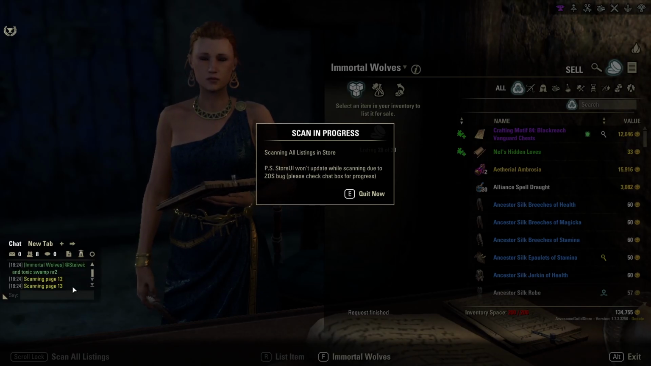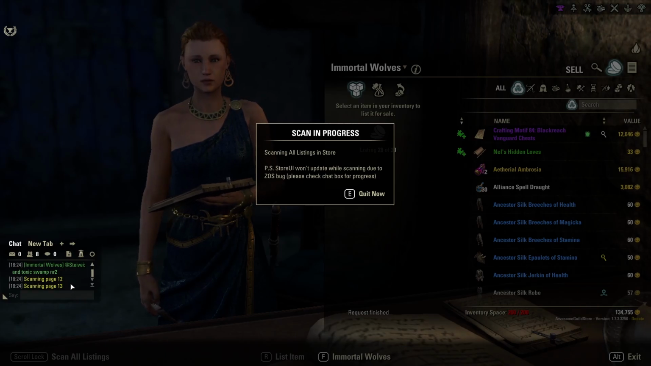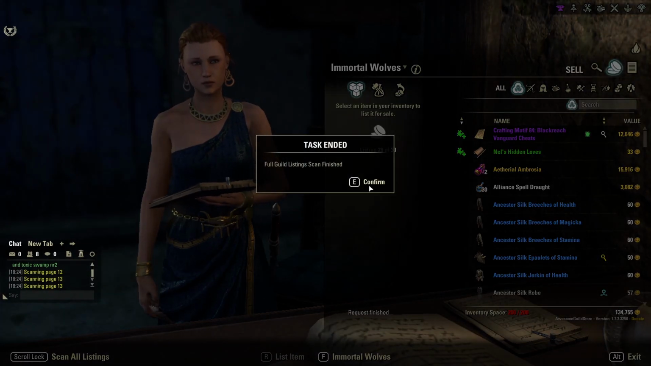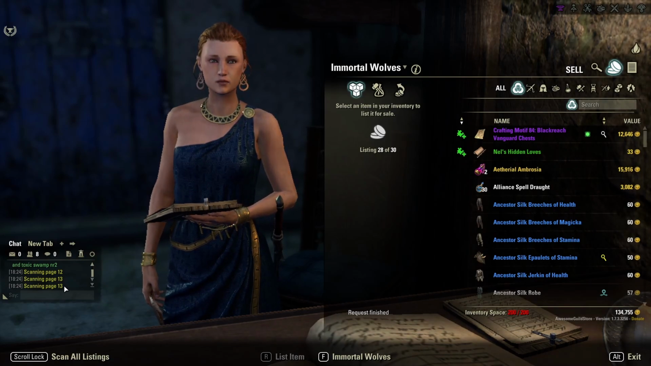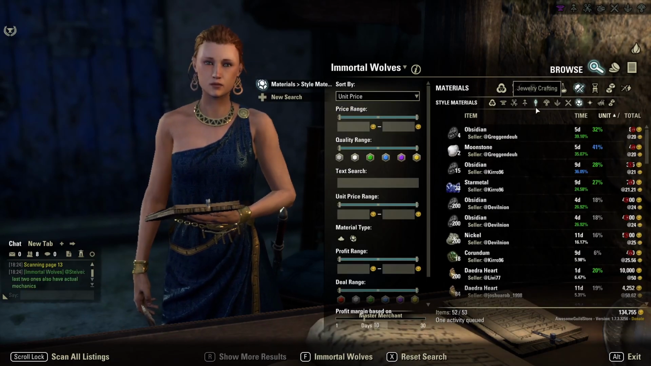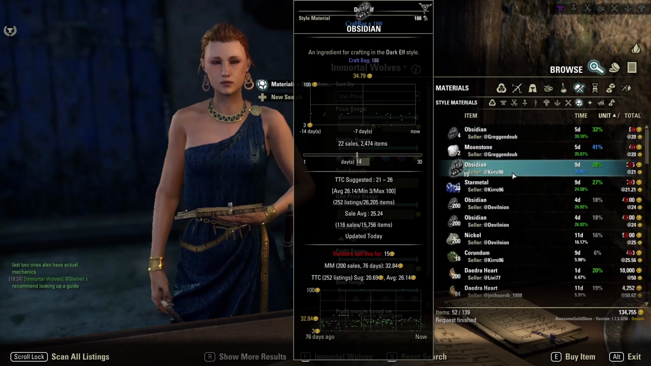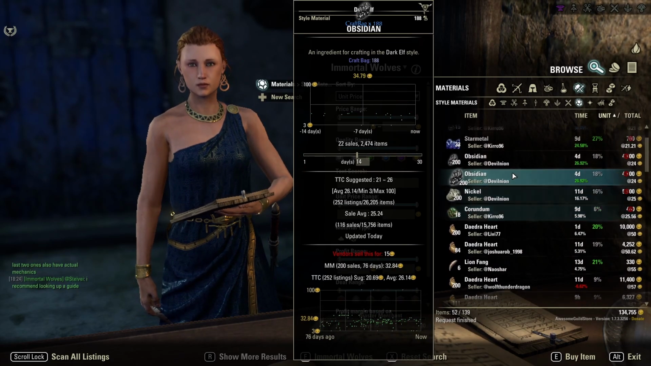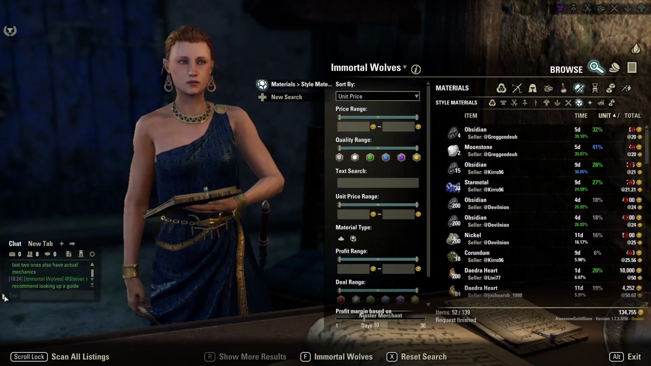So right now we are on 13 pages. Let's see. Are we on more than 13 pages? No, 13 pages. Okay. What happened then? Well, we basically got all the data from what other people in our guild are listing. But that's not enough. Not nearly enough. If you want to have more data,